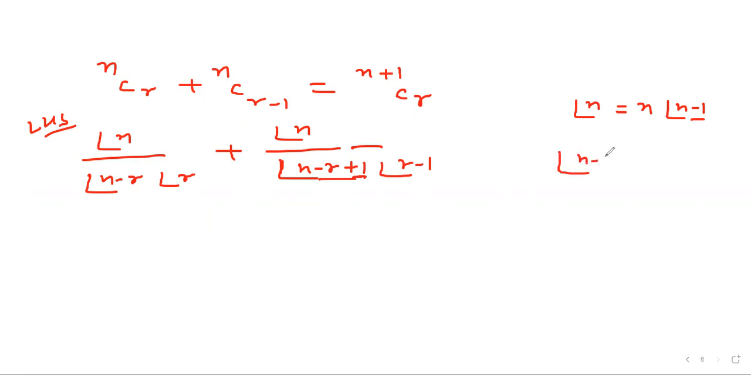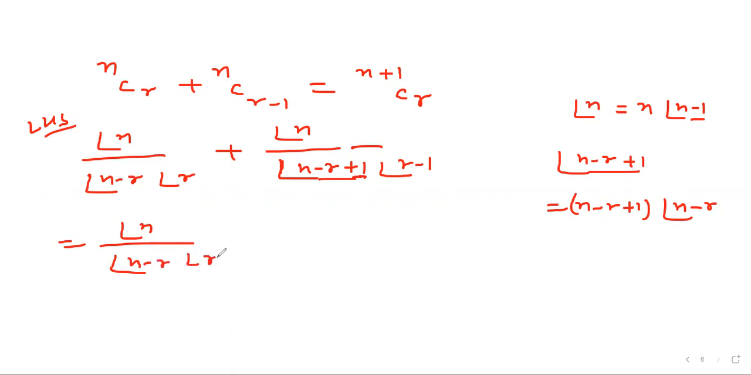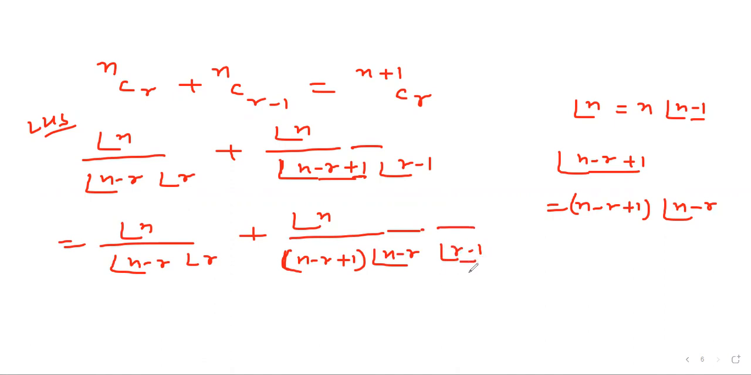That is, factorial (N minus R plus 1) will be equal to (N minus R plus 1) times factorial (N minus R). So it will become factorial N divided by factorial (N minus R) factorial R, plus factorial N divided by (N minus R plus 1) times factorial (N minus R) times factorial (R minus 1). Now,